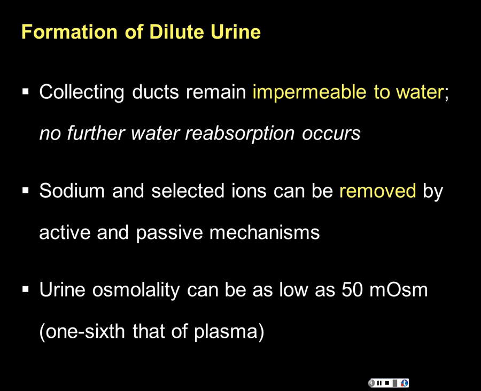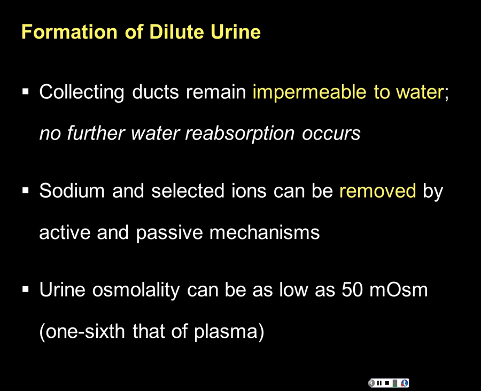Anyway, our collecting ducts, if we're trying to make dilute urine, at this point we don't want to reabsorb the water, basically. Okay? And so the water, we don't want to have additional transporters. We don't want to have that aldosterone antidiuretic hormone effect going on at the kidneys, at the nephrons themselves. And so we can reabsorb not the water, but take out solute particles, sodium and whatever else. Take it out, leave the water in, and the urine would become more dilute. If you leave the water in the filtrate, and pick out sodium,